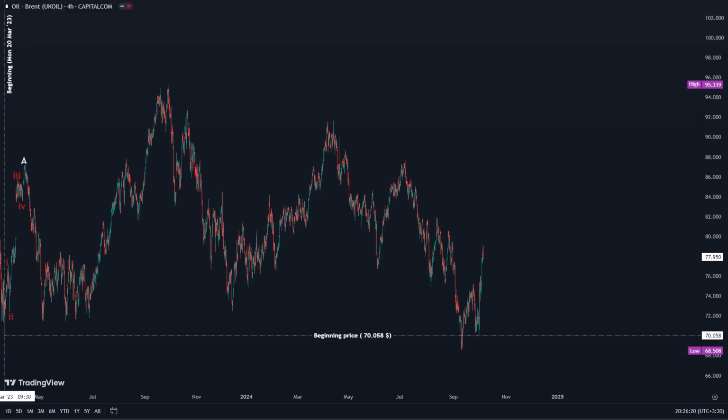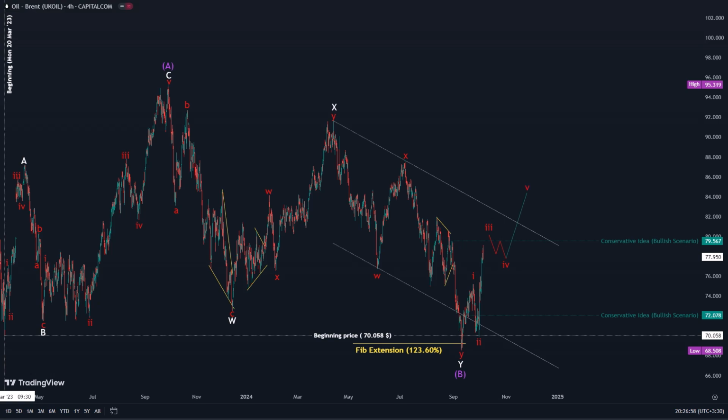Now, let's examine the 4-hour chart to consider the first scenario for a sideways pattern. We have observed 3 upward waves, forming a simple zigzag pattern for wave A. Wave B is also a double zigzag. Currently, we expect to see a flat pattern, sideways price action, or an impulse or diagonal reaching any of the objectives in the direction of extension, which requires the formation of a correction pattern.